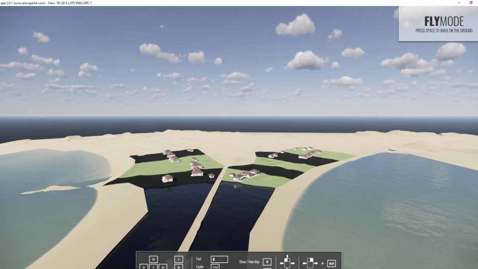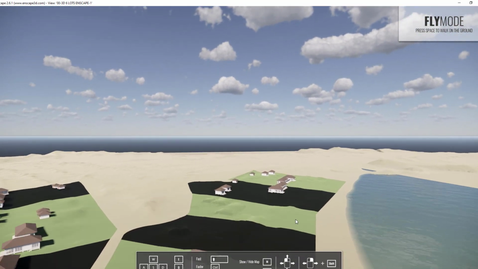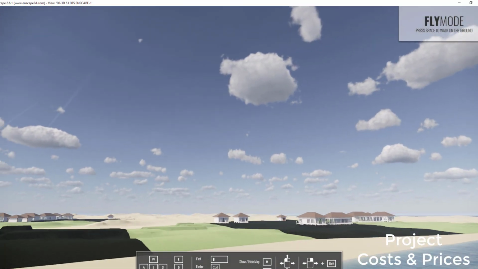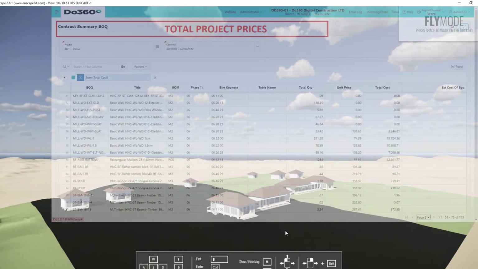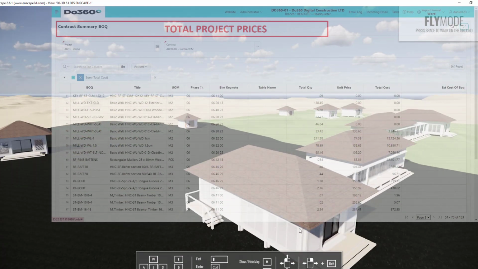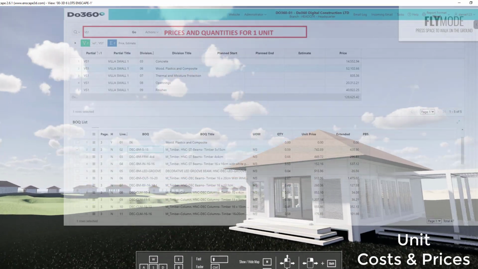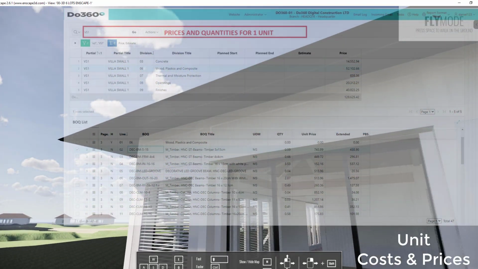So, as prefab units are added to the project, the Do 360 5D system provides detailed data of every single unit and item, as well as a full view of the whole project. The project manager can then automatically explore the overall project costs and prices with all their required resources. Drilling down to any specific individual prefab unit, information can also be automatically checked for all its quantities, budgets and